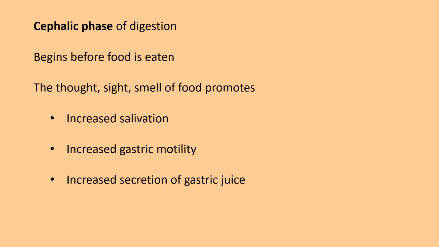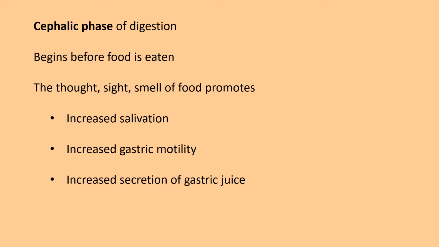And then that motor output also arrives in the mucosa, the lining of the stomach, where we have those gastric pits. And those gastric pits include several different cell types, and each type of cell is responsible for producing a different component of gastric juice. And so collectively, gastric juice production increases. And so the motor responses during the cephalic phase of digestion are to really prepare the GI tract to receive food. Physiologically, you're getting ready to eat. And this is an innate reflex, so it's not learned, it happens to everyone.